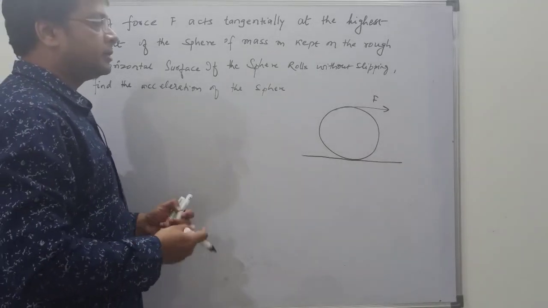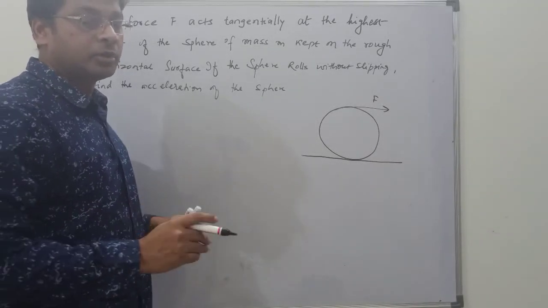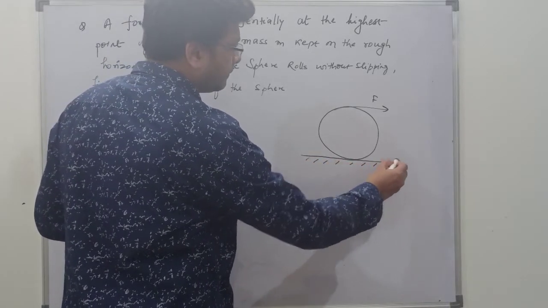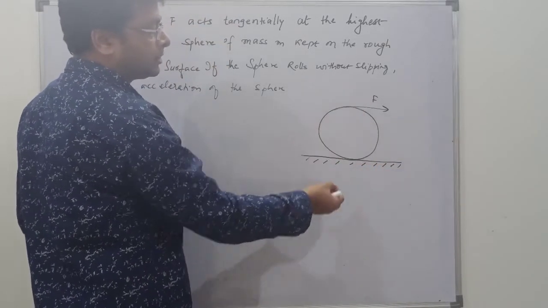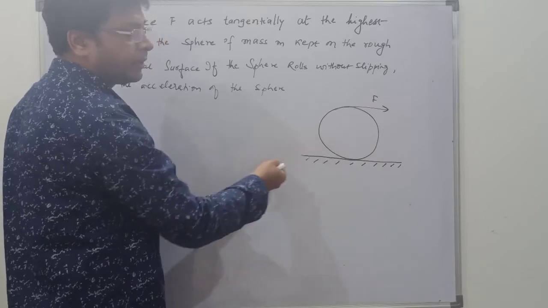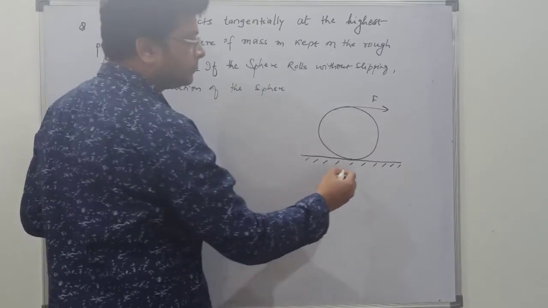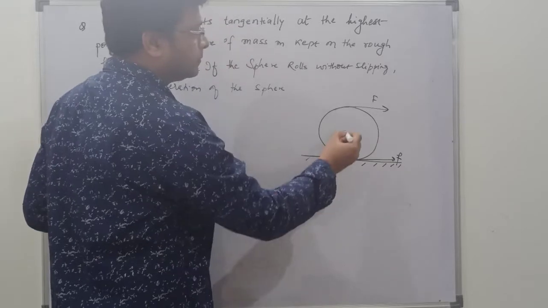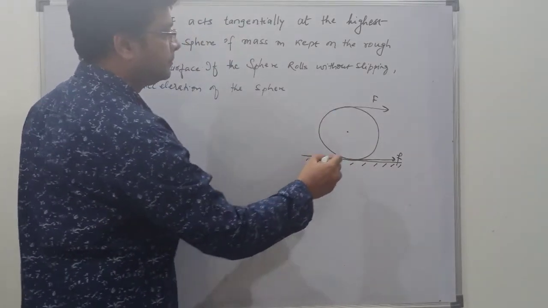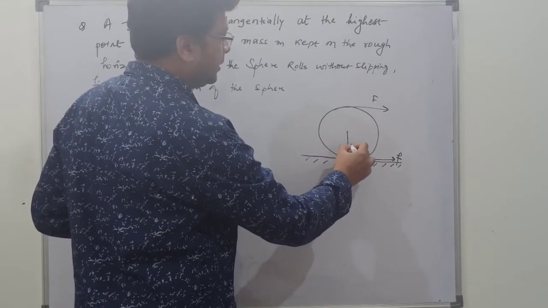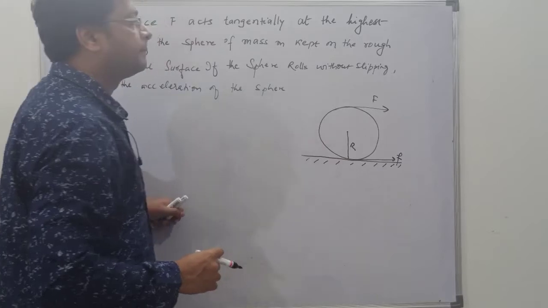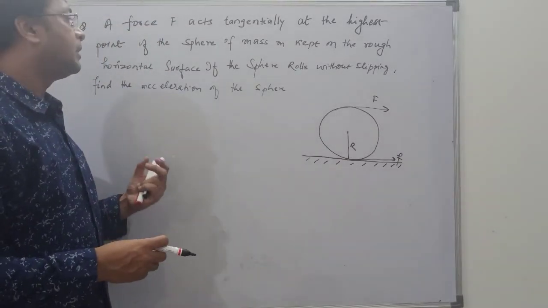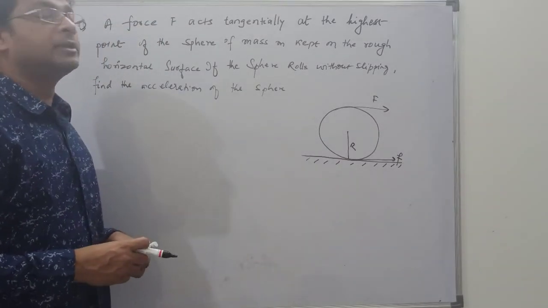तो surface is rough means यहाँ पे friction, I have to show the friction. This is the diagram. ऊपर फोर्स लगेगा, हो सकता है पॉइंट इधर स्लिप करना चाहे, दिस वे हो सकता है. तो फ्रिक्शन वी कैन शो लाइक दिस. This is the center, इसका कुछ रेडियस होगा, let it be R, this one. So there is going to be a rolling without slipping, then find the acceleration of the sphere, right?